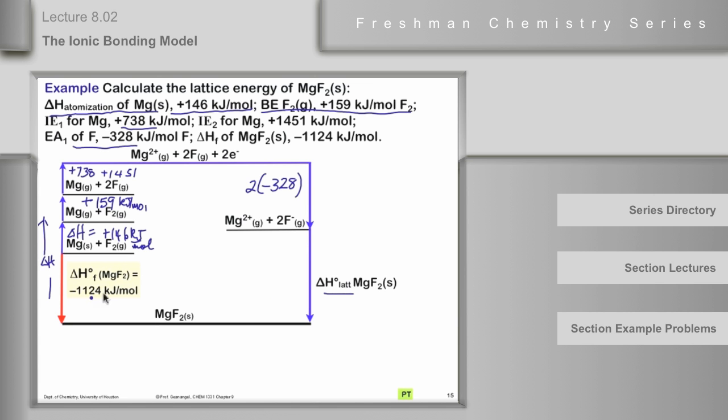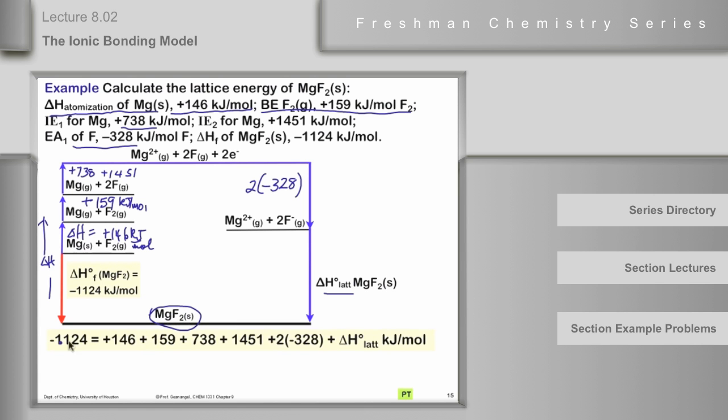So we're going to set delta H of formation equal to the sum of 146 plus 159 plus 738 plus 1451 plus 2 times negative 328 plus the lattice energy, and we're going to solve for the lattice energy. That's what making the cycle means, and it is all dictated by the formula of the compound that we're making the cycle for. So